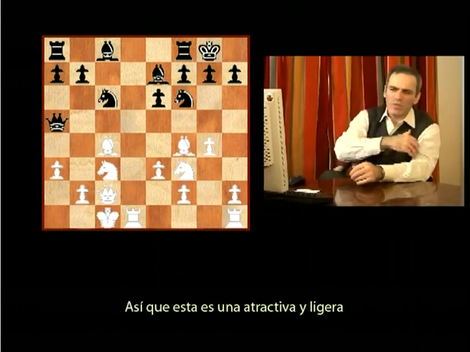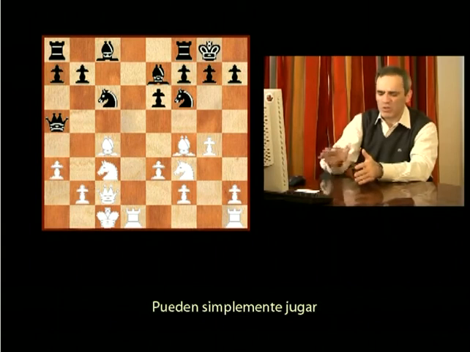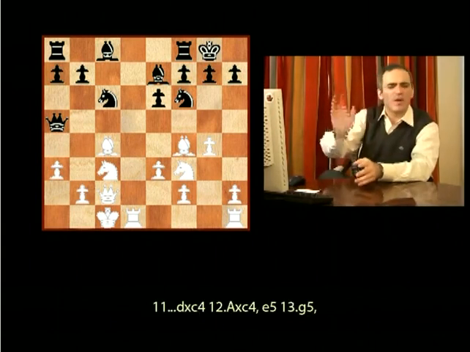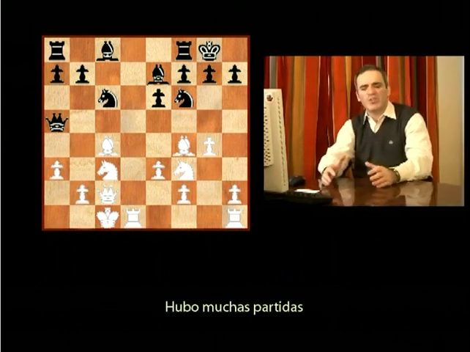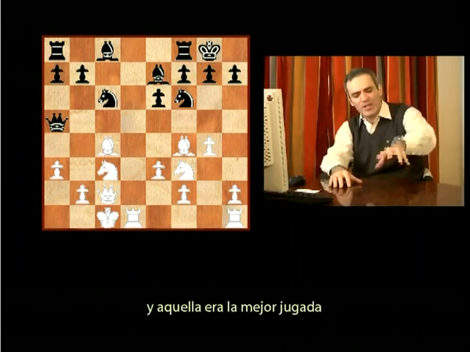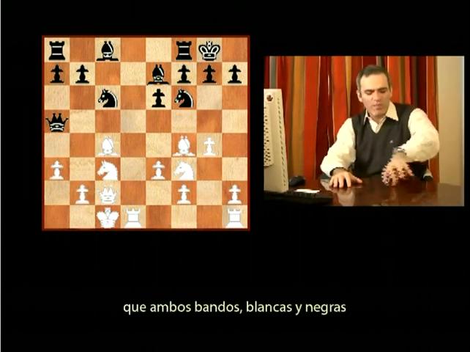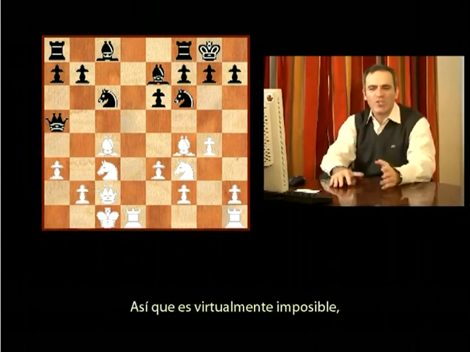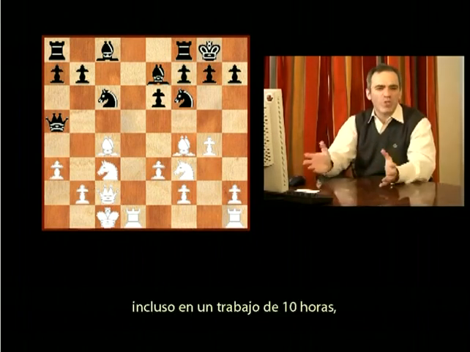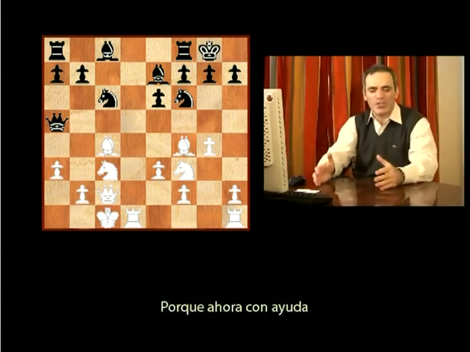So these moves, it's quite a nice and light sequel of the move. So just you play dc4, bishop c4, e5, g5, but each move contains so many possible deviations. There were so many games played to identify what was the best move in this position. There were a number of options that both white and black exhausted before reaching the conclusion that this is the best move. So it's virtually impossible, even in a 10-hour story, to tell you all the details,